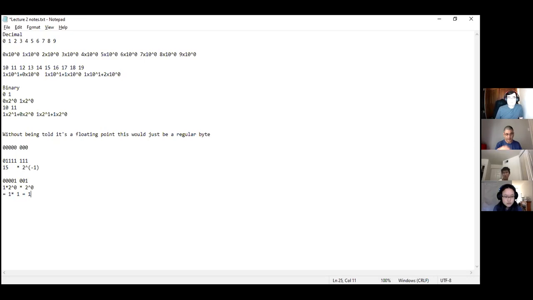Yeah, how do we know? How do we know if it is? It is very related to the other question that I think Isaiah asked and Elizabeth answered, about context. So next week, for example, in your program, you're going to be declaring these variables. You're going to say to the compiler, I want a floating point number. I want a regular number. I want a character. And you're going to be telling the compiler, give me these things.